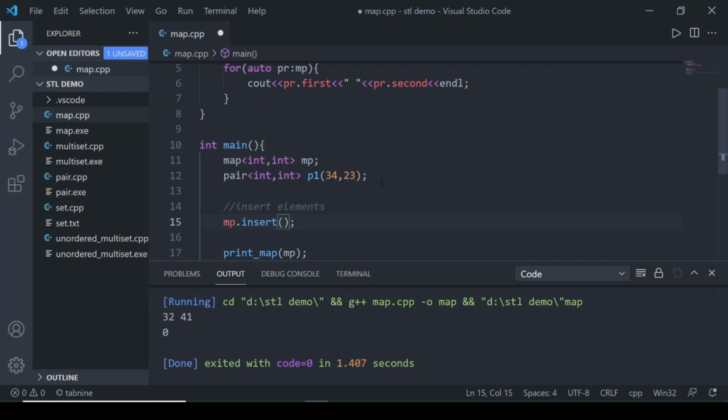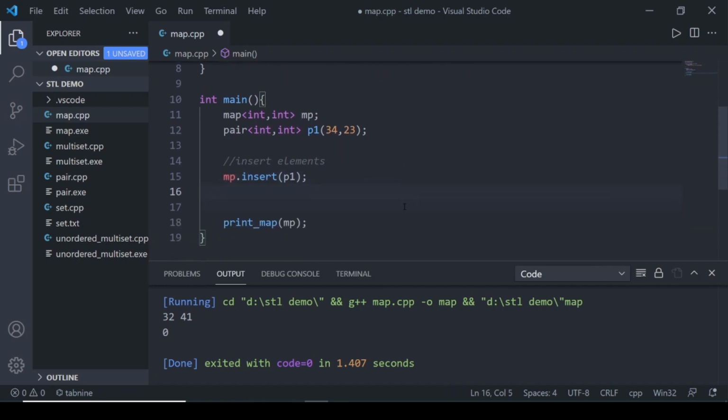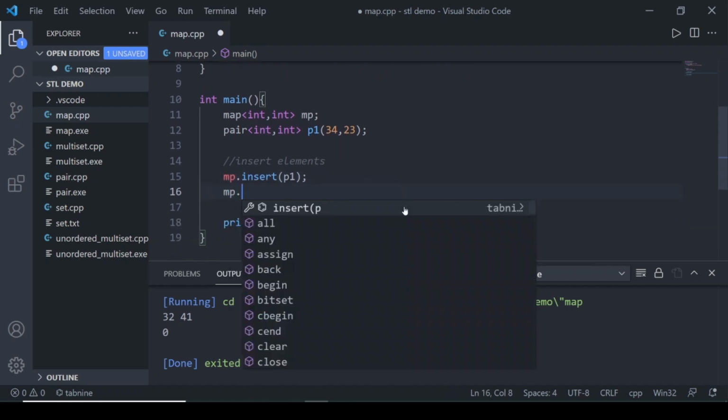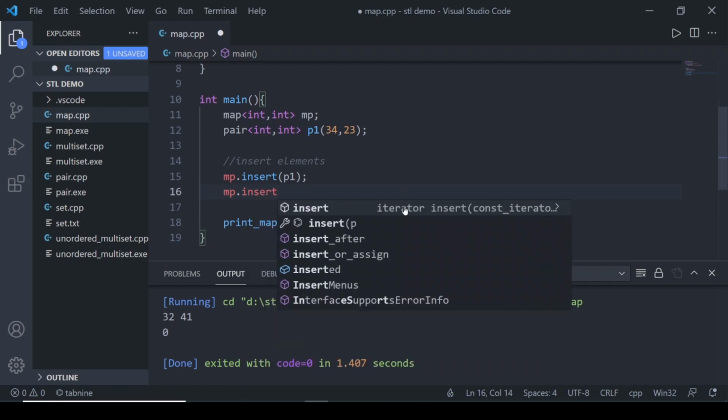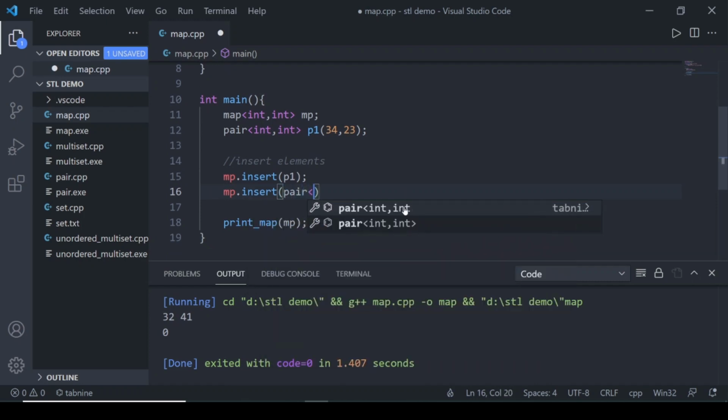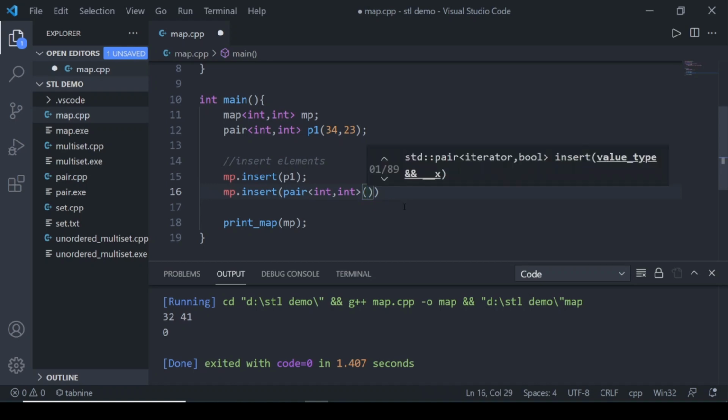If we don't have any pair already created, we can use the constructor of the pair. I have written the data type pair of int comma int, because map contains pairs, and used two braces so that it's a constructor of pair int comma int. Let's say the values are 1 and 2.